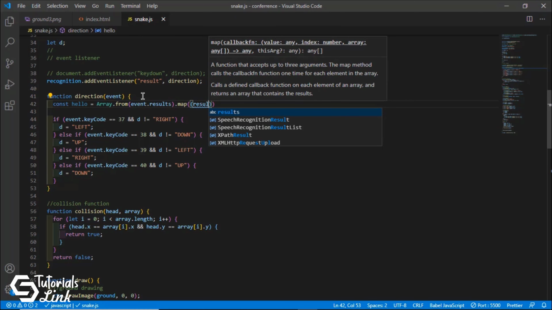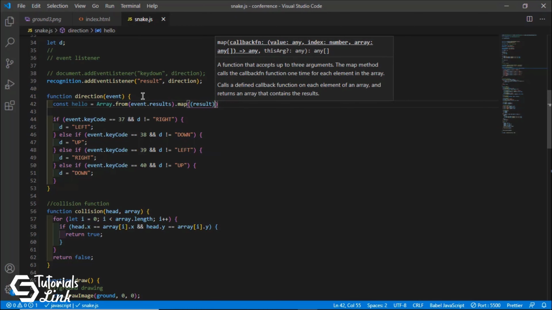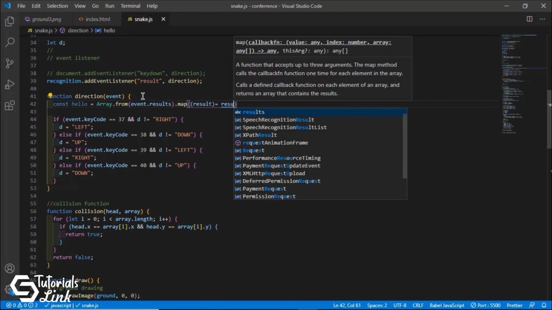So this time we will use result, like a single result, and we will call a function. So no, we will go through every first index of the result.